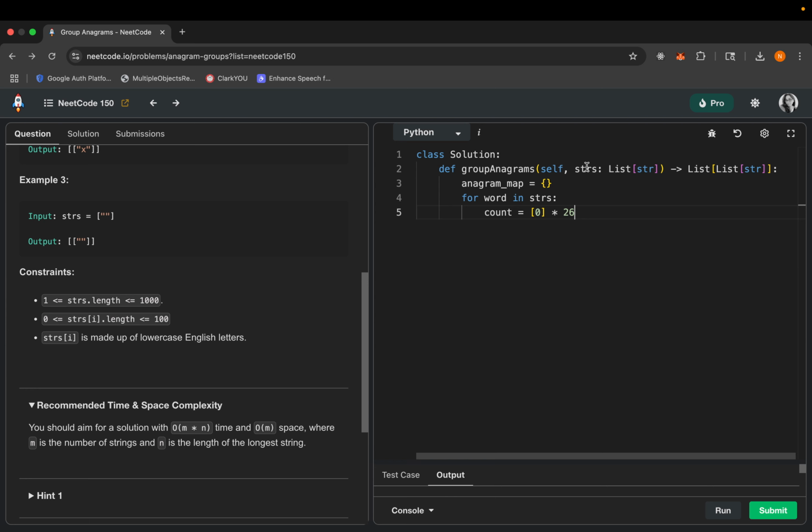So basically we are initiating a list of 26 zeros, one for each lowercase letter from A to Z. This list will help us count how many times each letter appears in the current word. Then we loop through each character of a word. So for char in word,